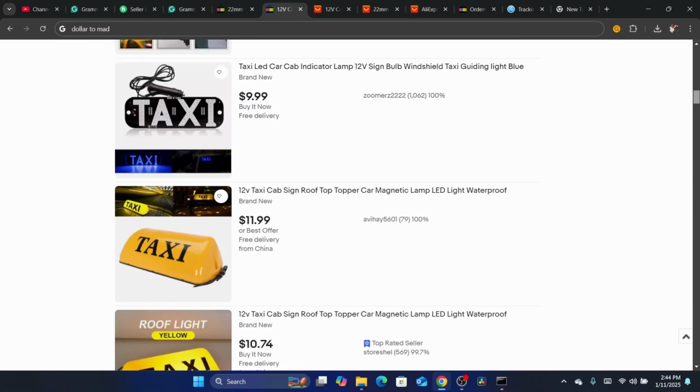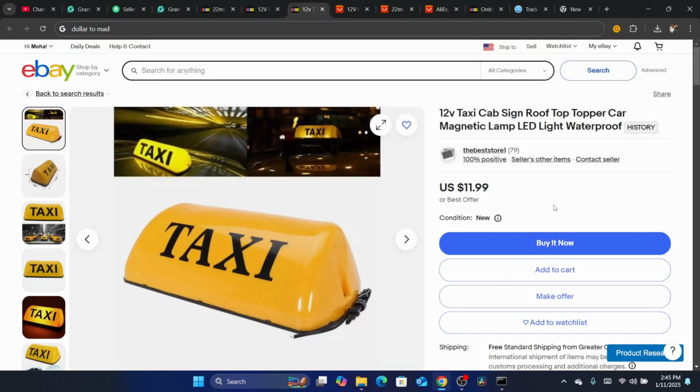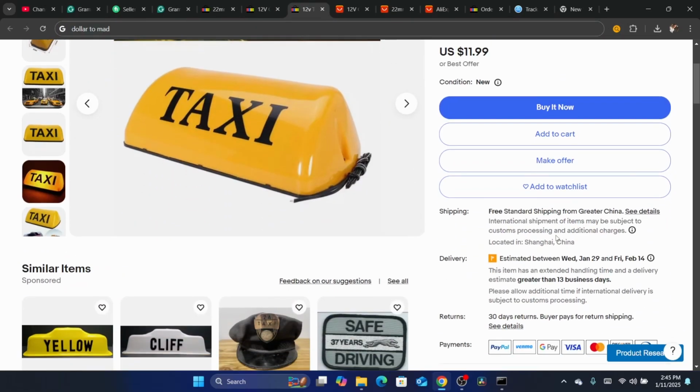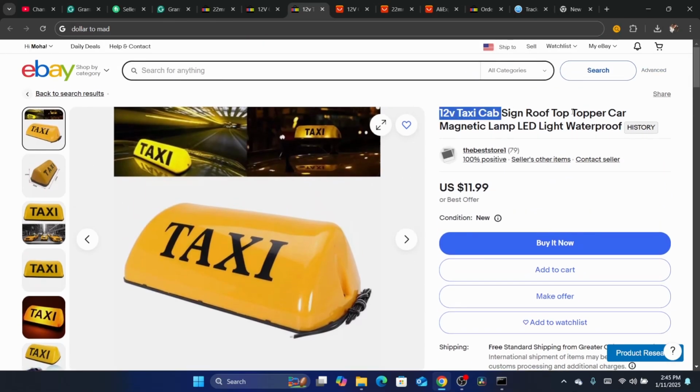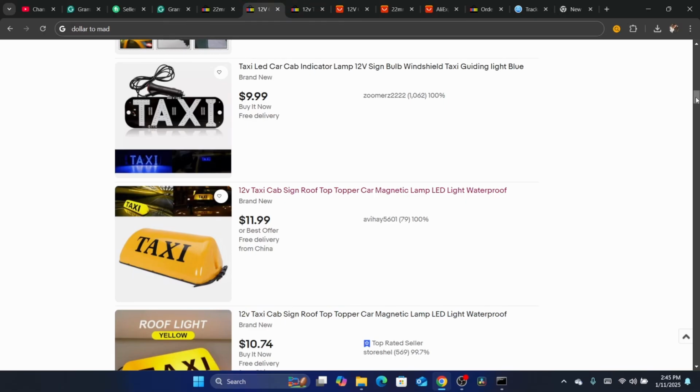Okay, so after that you want to search here for dropshippers. How can you find a dropshipper? For example, the item location here is China. Now we want to click on this product. As you can see, guys, the item location is China. But does that mean we need to list this? The answer is no, because it doesn't have any sales.